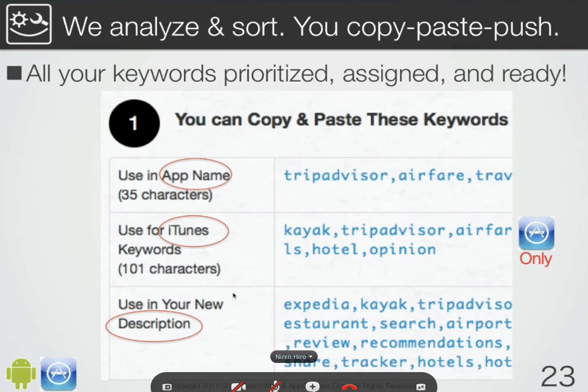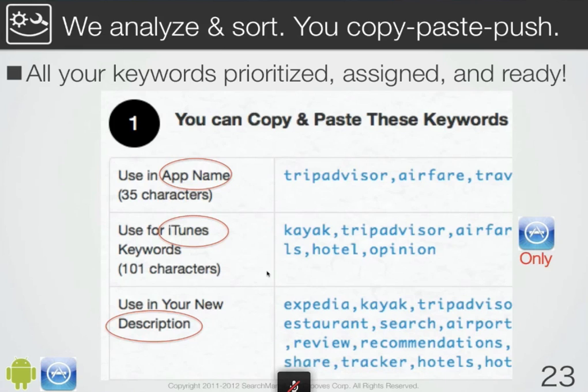So I was saying that we prioritize the keywords by app name, iTunes, and descriptions. In the case of Android, there is no concept of iTunes keywords. The vast majority of developers who don't have big data will just copy paste these keywords and include them in their new push. But then you also have the opportunity down below to veto our recommendations, and you can select which keywords you want to